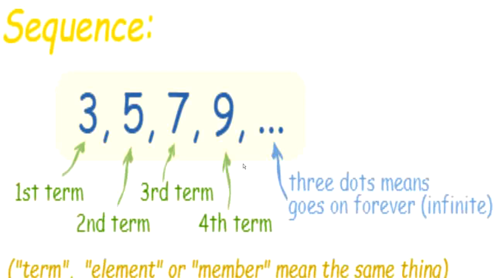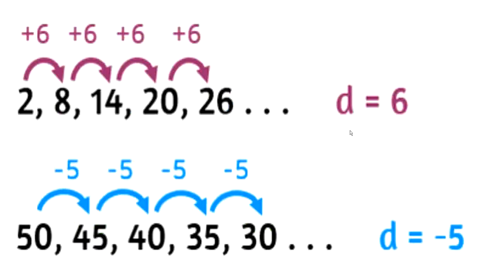And this is the third step which I told you. If you are able to make a connection between these numbers, between this sequence of numbers, like see here it's 2, 8, 14, 20 and 26. What is the difference between each number? The difference is 6. So here you can make your own formula: n plus 6. And here you can see it's 50, 45, 40, 35, 30. So the difference is minus 5, and you can see the formula is n minus 5.